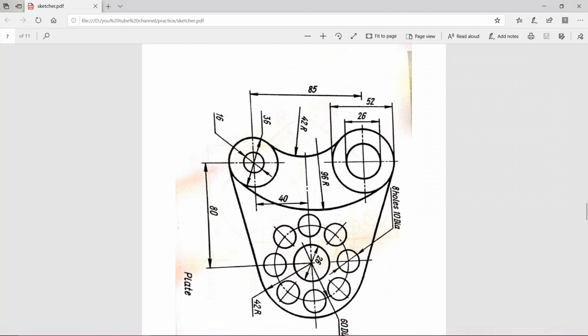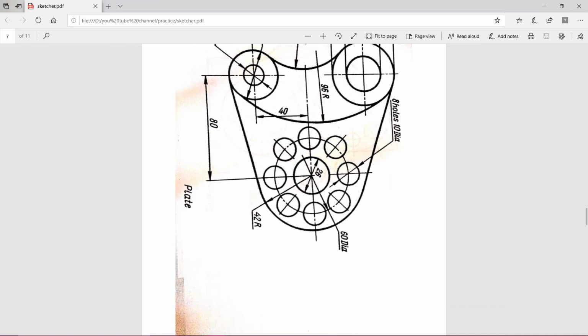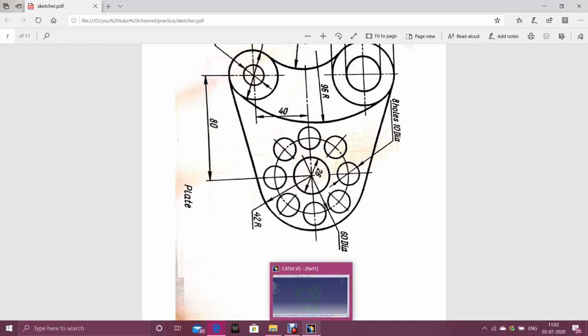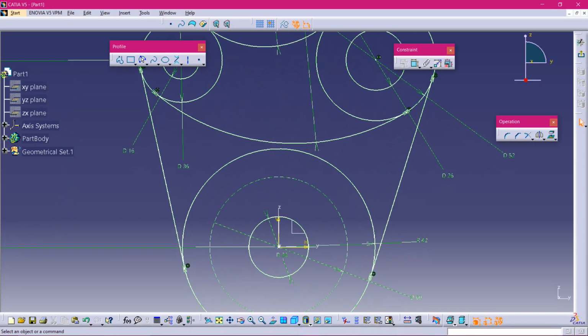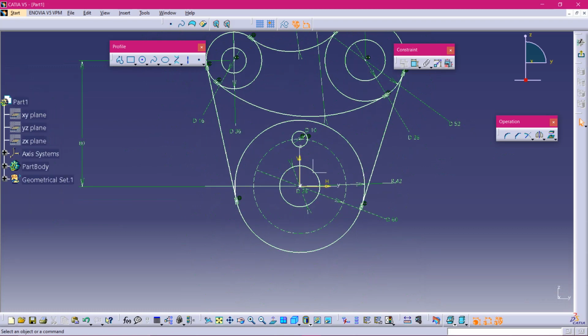So after those two lines, what is there? There are circles on this axis line, the axis circle, the reference circle. What is the diameter of that circle? 8 holes, 10 dia. Here I am going to show you one interesting thing. Come here, select the circle, and just give the dimension. How much is that? 10 mm. Done. Okay, see, no need to draw the 8 circles on this reference circle.